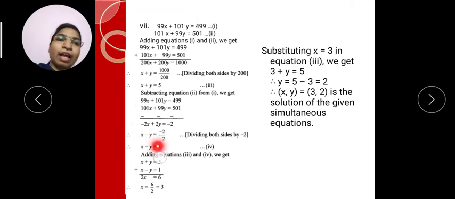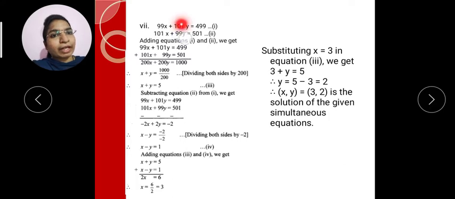So this one is again the simplest one. Listen, for the given equations we first did addition of both equations. We got x plus y is equal to 5, the simplest equation. Then next we subtracted the equations, and after subtracting we got x minus y is equal to 1. Now these two equations are in very simple form. Simply add equations third and fourth. After adding, what you will get?